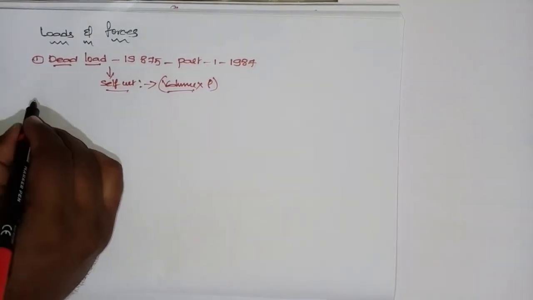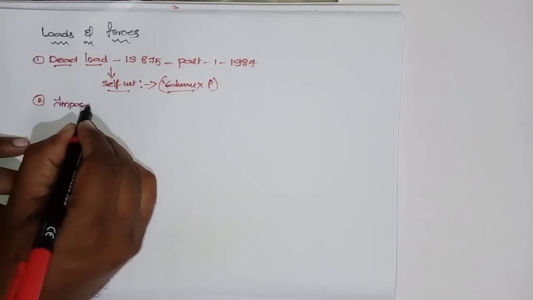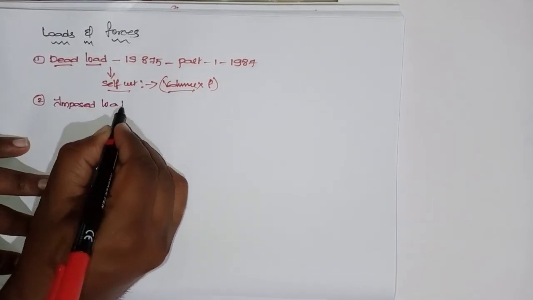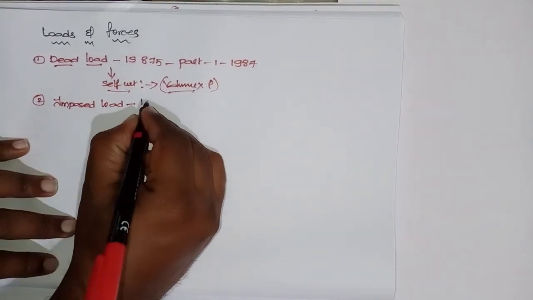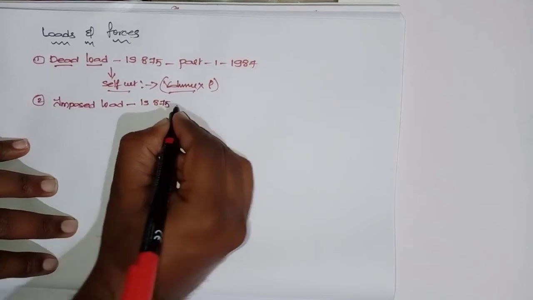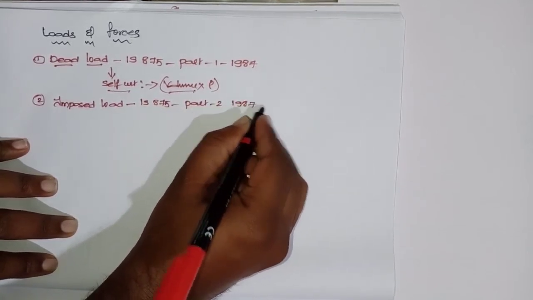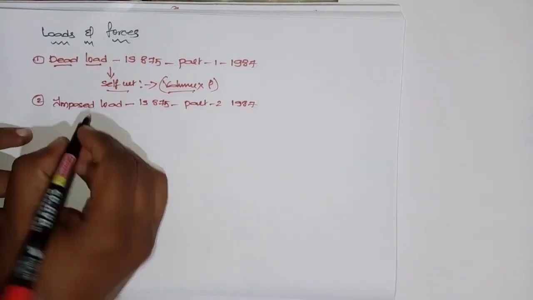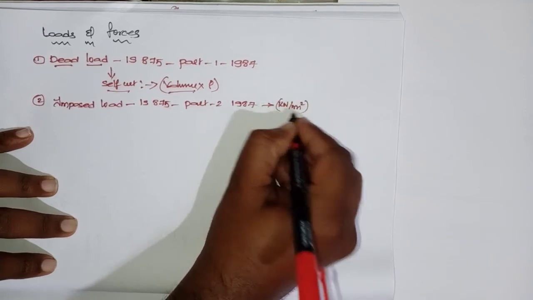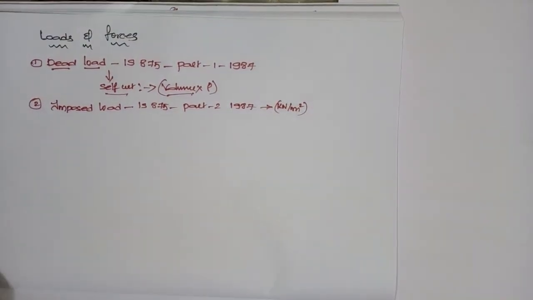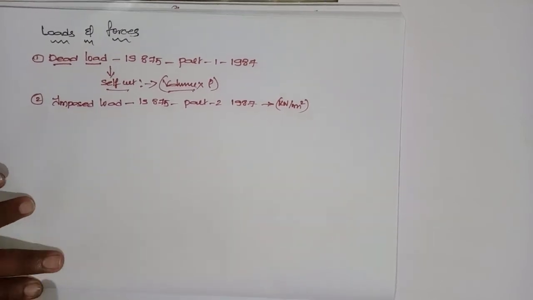That is the dead load. And the next load we consider is the imposed load, which is also called live load. Okay, this is also from the IS 875 code, but it is part 2, 1987. Here you will have different types of loading conditions depending upon the type of structure, whether it is residential or commercial, like that, and what live loads you will be taking, right?